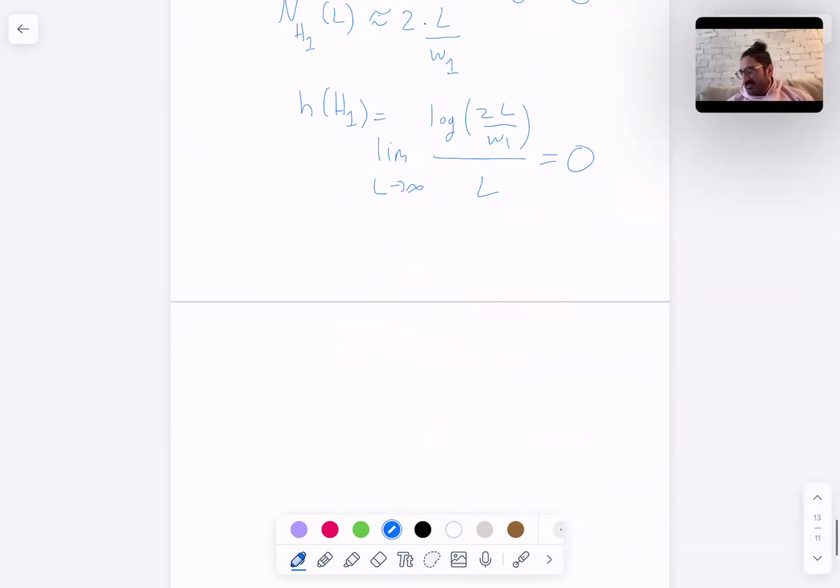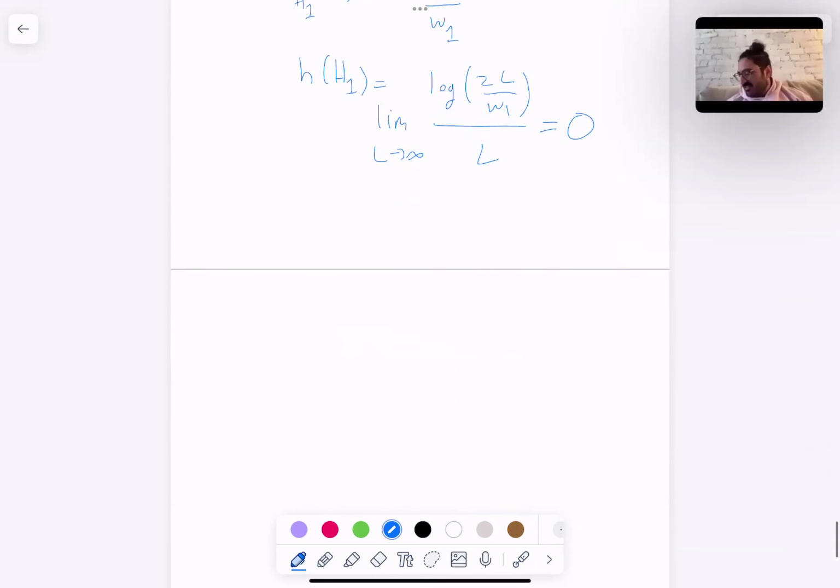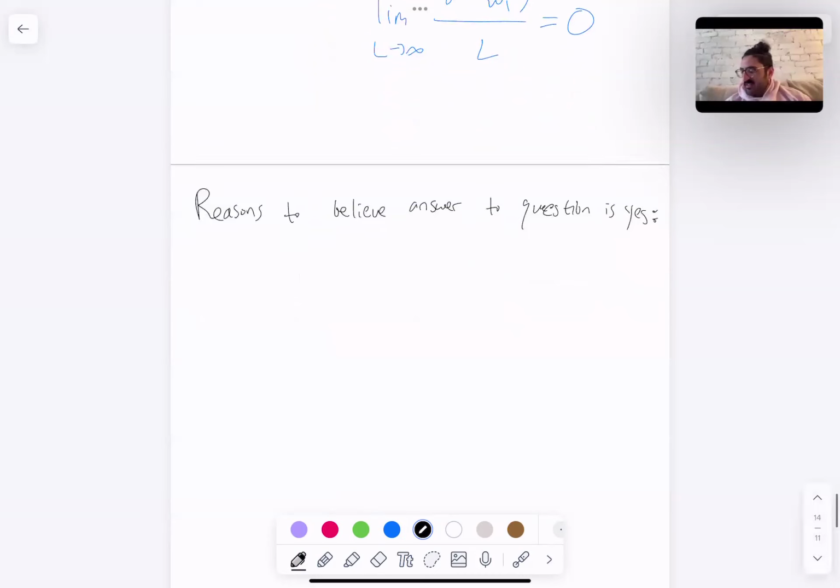So let me take you to a slightly different world. Okay. So I'll say reasons to believe the answer to the question is yes. Okay. So the sort of motivation here is to think about hyperbolic geometry. Okay. So we're gonna start with a surface